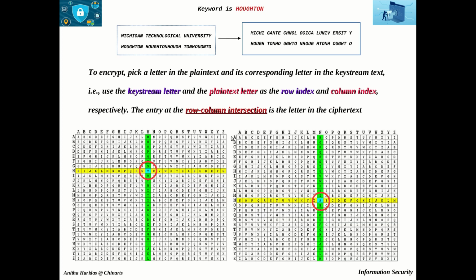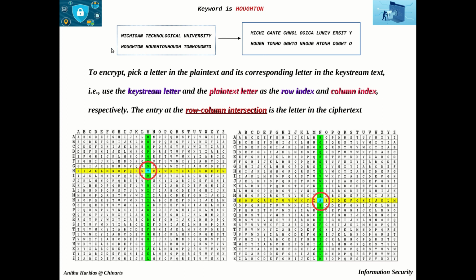This is an example. So the keyword is going to be Houghton, right? As we had Pascal, this is the keyword for the next example. This is the keyword. So what we have to do now, this is the message that we want to encrypt. This is the plain text we want to encrypt. So this plain text must be divided into blocks of the keyword length, right? So here the key length is taken as 5. So based on 5, it has been divided.